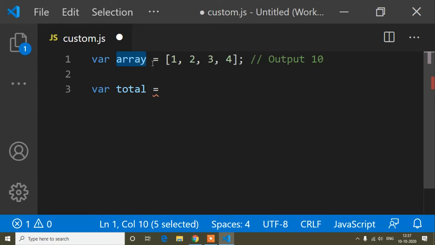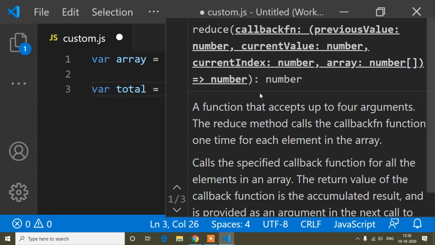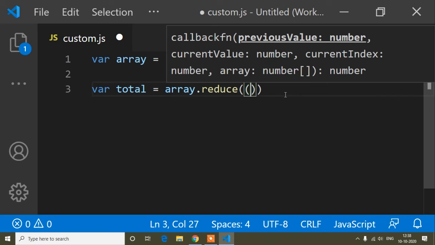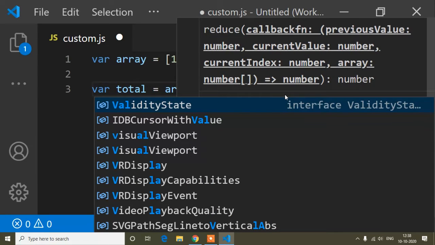So I will copy the array variable: array dot reduce, because we want to reduce this array's values. Then parenthesis, and inside it another parenthesis. The array reduce method takes two parameters: first the accumulator, and second the value.